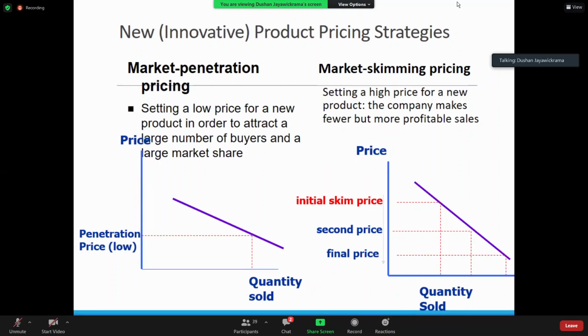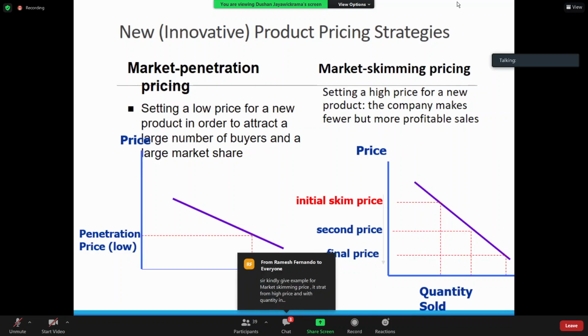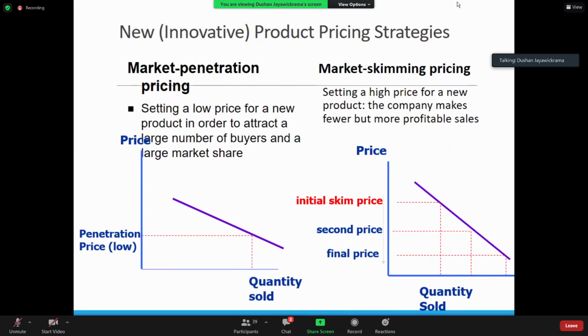Value-based is different. You have to have the cost element, you have to have competitive prices in mind, but look at the customer first. Look at the customer first, and see how much they are willing to pay. What are their expectations? They don't want to come and wait in the queue because our students are waiting.